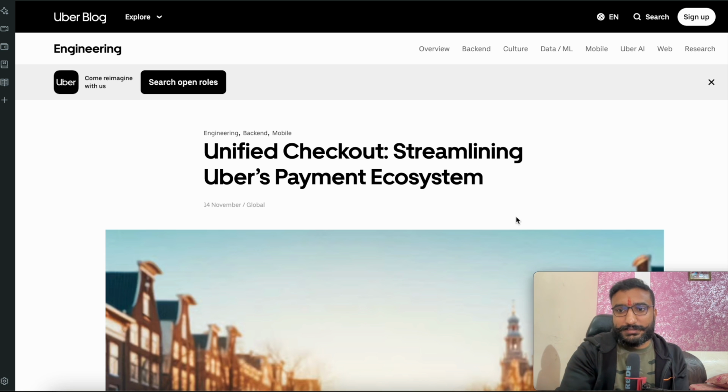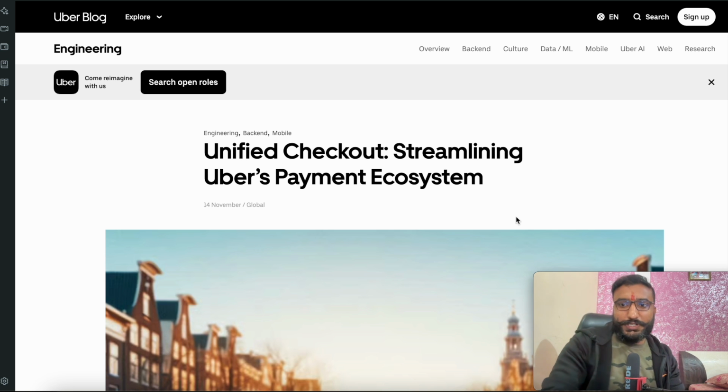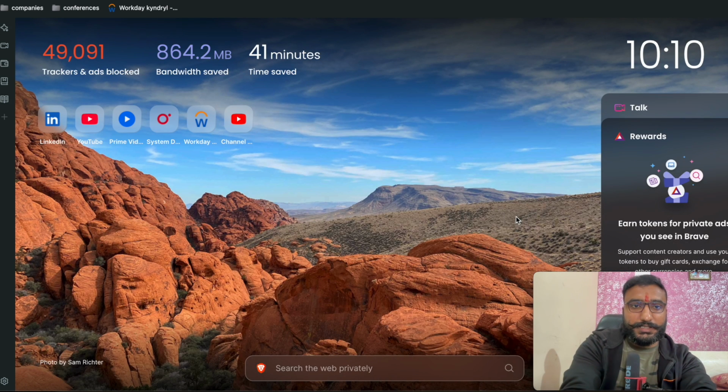Let's say I bought something on Amazon, or I booked a ride on Uber, or bought any service on any other platform. It could be anything. After that purchase, you land on a checkout page where all the details are mentioned, such as the final amount and the different payment options available to you. Let's say UPI is one of the options. Then you have, if I quickly show you, right? Let's say